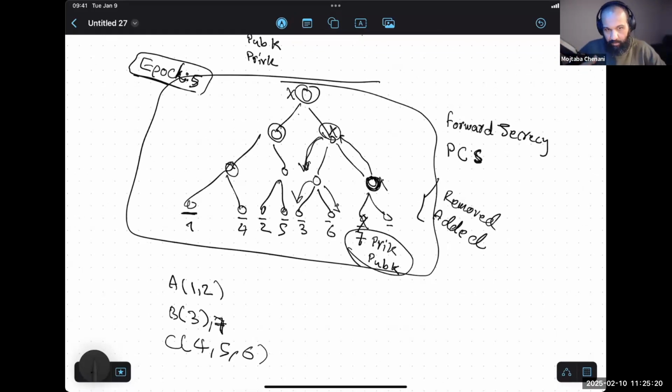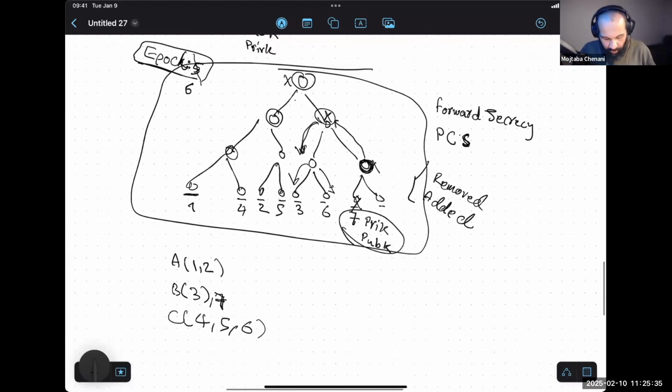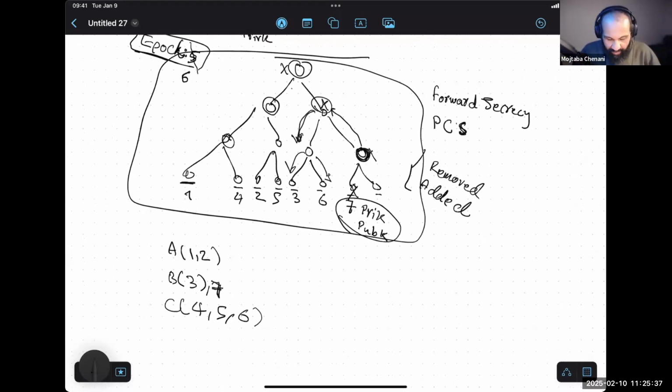Later, I will call it a commit, and we will talk about that as well. So the epoch will be increased to number 6. So now the group changed. Now we are on epoch number 6. Everything has been changed. And everyone